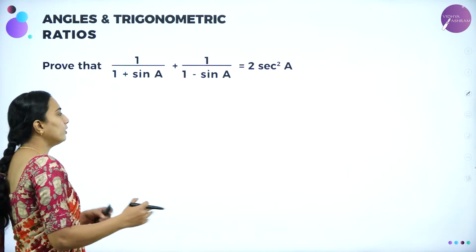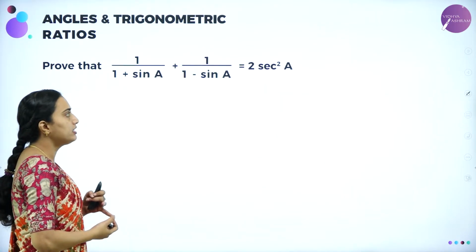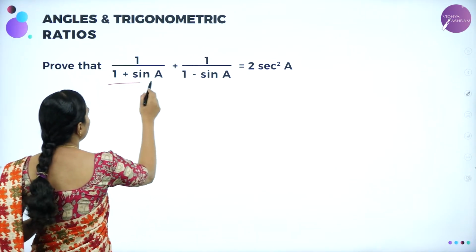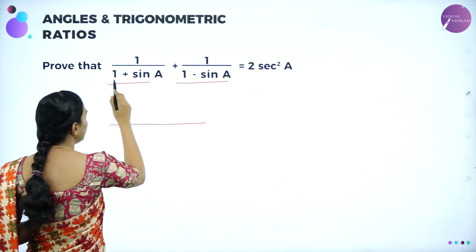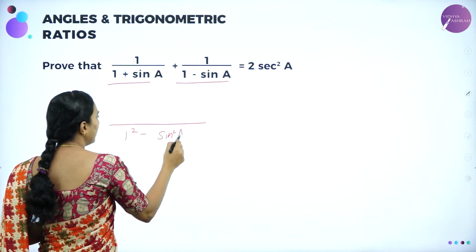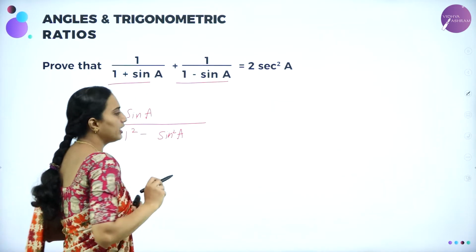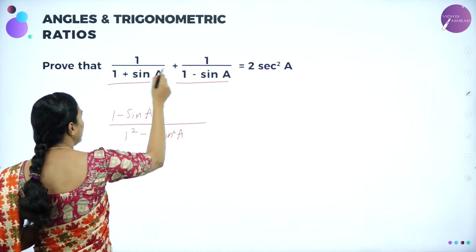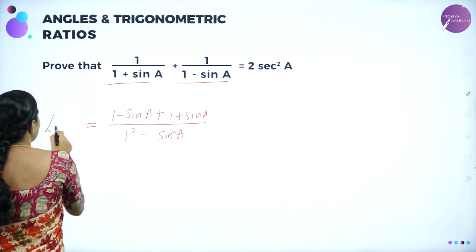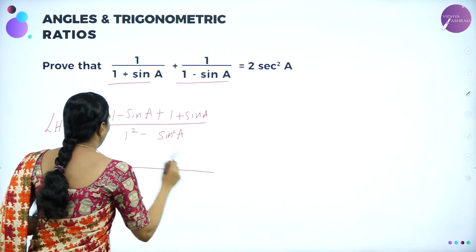What they have asked: prove that 1 over 1 plus sin A plus 1 over 1 minus sin A is equal to 2 secant squared A. Let me take the LCM here. LCM is 1 plus sin A into 1 minus sin A. Therefore, it is a plus b into a minus b, which is a squared minus b squared. Again, multiplying here, 1 into 1 minus sin A is 1 minus sin A, plus 1 into 1 plus sin A is 1 plus sin A. Taking LHS and rewriting it like this,